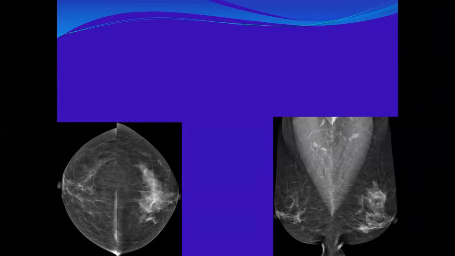Another criterion is that a mass has a three-dimensional shape. So this is lacking a three-dimensional space-occupying lesion, and look for the interspersed fat in between. You see, this is substantial fibroglandular tissue, occupying more than a quadrant of the left